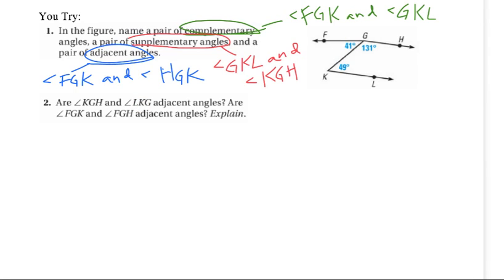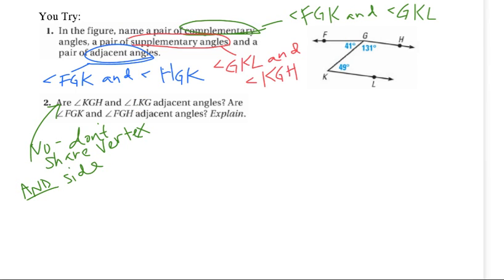So then next, angle FGK, so 41 degrees, and FGH, that would be both of these added together, so that would be 172 degrees, so the whole angle all the way across. Would those be considered adjacent angles? Well, they do share some things in common. They do share the point G as the vertex. They do share a side, so like the FG, there would be a side that they share in common, but